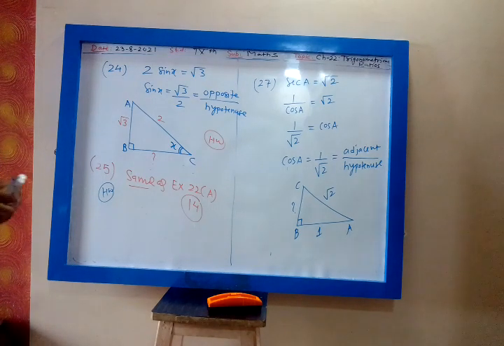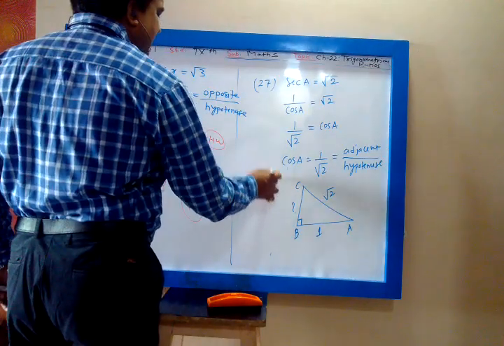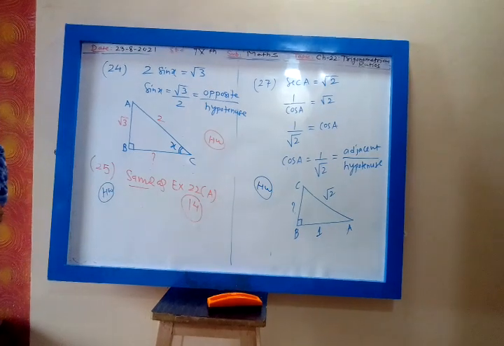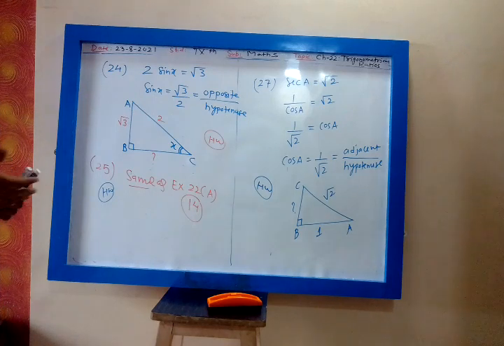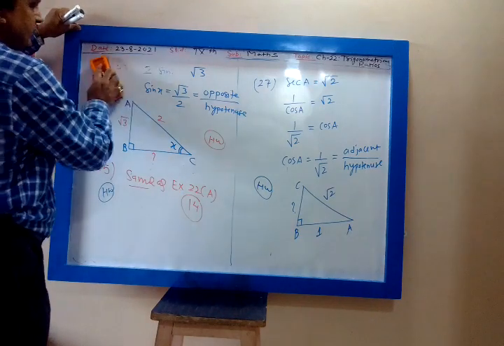Should I give the further part as homework? You can find the ratio cot, the ratio tan, the ratio sin A, the ratio cos A, and then substitute the values and simplify. 27.